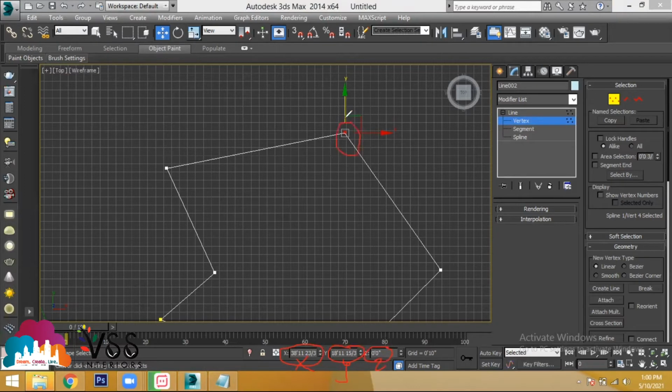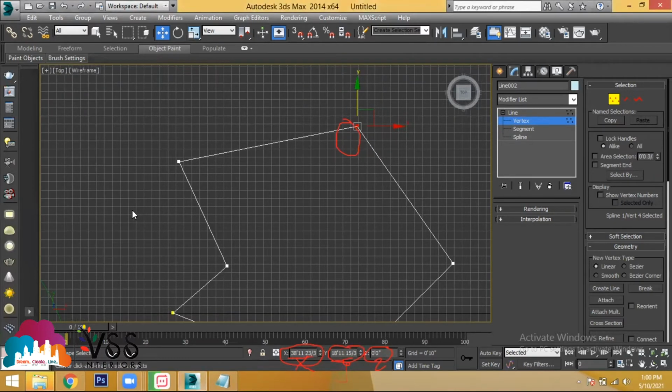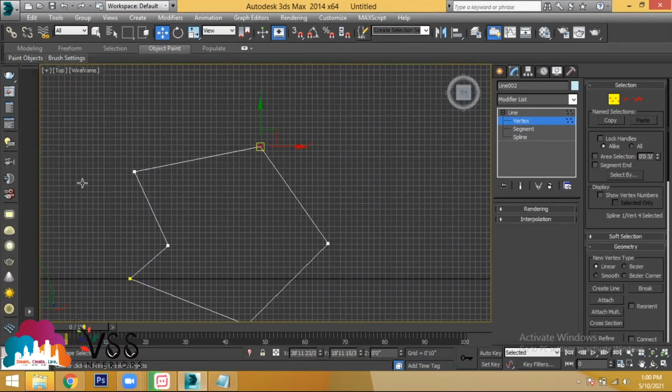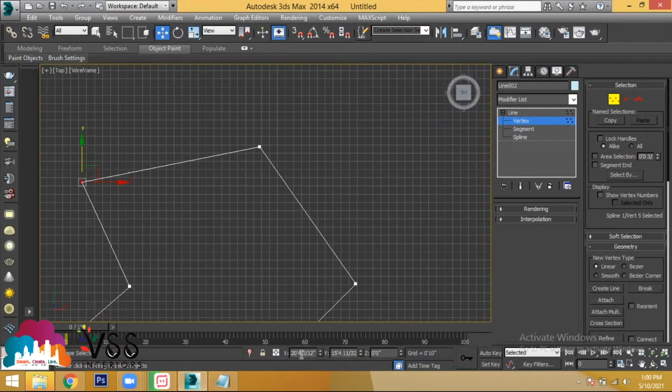Where is this endpoint located on the graphical paper? 38 feet 11 inches, 18 feet 11 inches. Counting from 0, 0, this line is placed at 38 feet 11 inches, and 18 feet 11 inches. If you select this endpoint, it has some point based on x and y on the graphical paper. With the help of these values, you can make a line straight even though it is inclined.